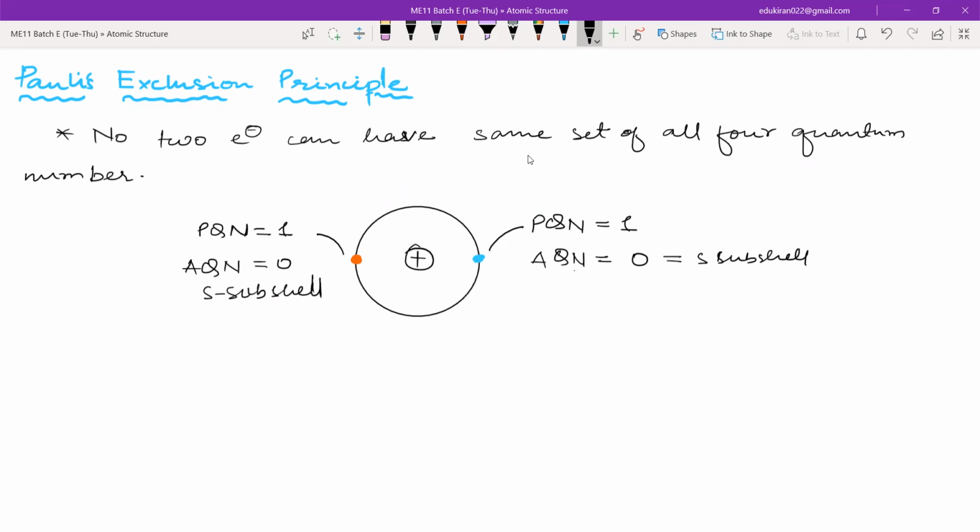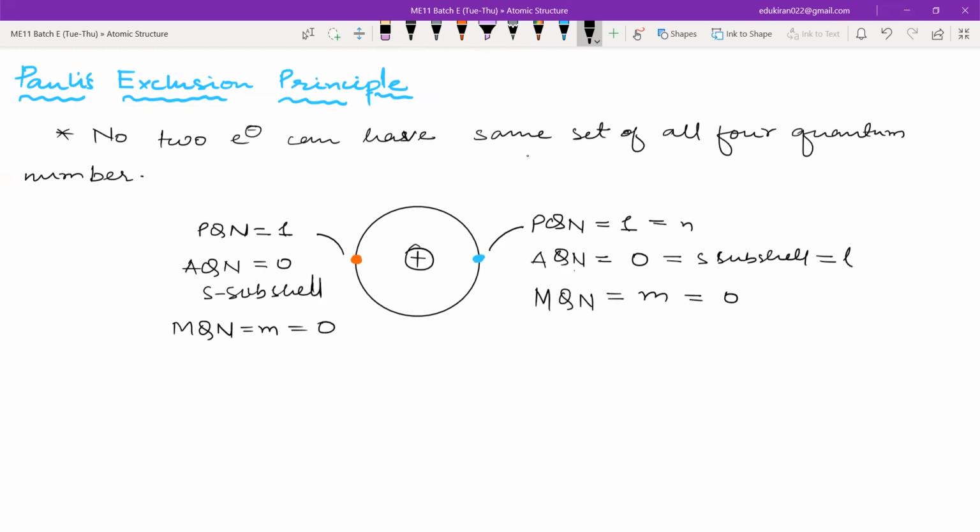Now next we will go to magnetic quantum number. Whenever the L value is 0, the magnetic quantum number will also be 0. This is N, this is L, this is M, which will be equal to 0, from minus L to plus L, which will be equal to 0. Here also, the magnetic quantum number, or M, will be equal to 0.